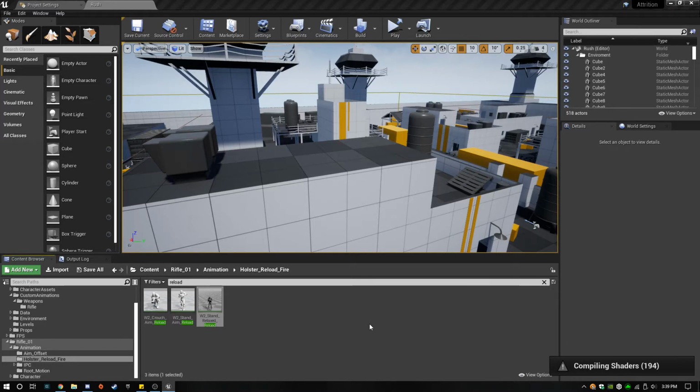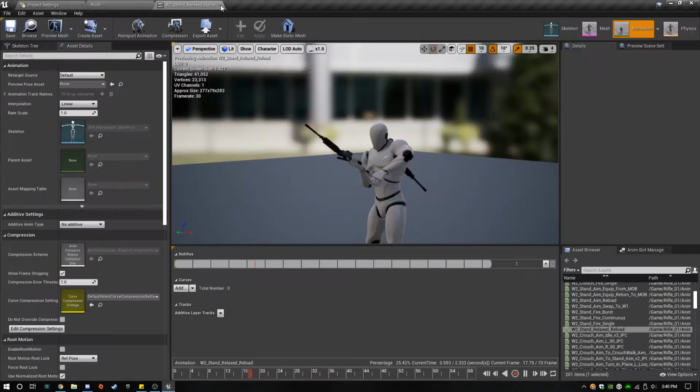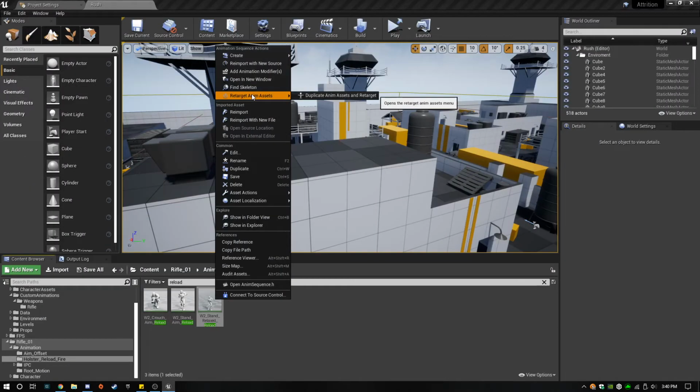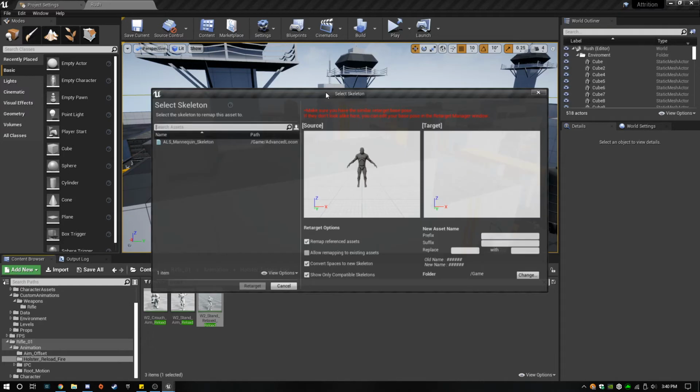Great. It's a very clean animation. I like that. There we go. Just gotta wait for shaders to compile. Duplicate your target. You want the ALS gun.